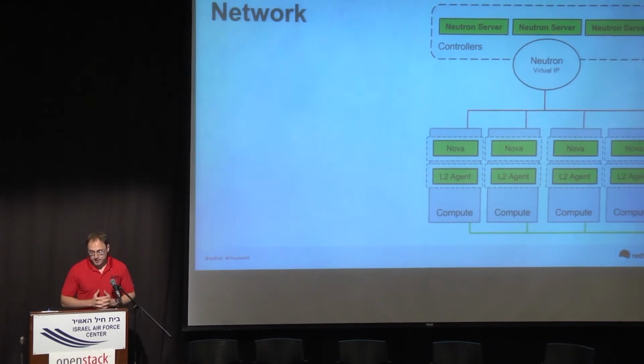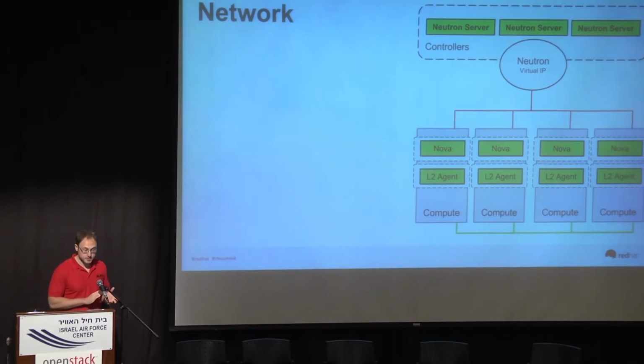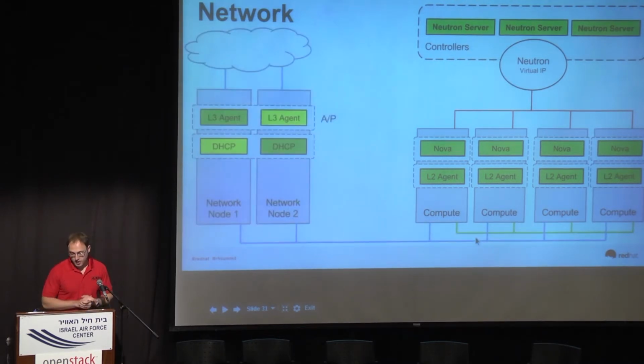Now, in addition to that, we also have pacemaker clusters around the services that run on the compute nodes, obviously around the Nova and L3 and Layer 2 agents. And all the networking flow goes from Neutron server to the compute nodes. Now, we also have a notion with Neutron called network node. Now, unfortunately, network node is a little bit more complex to run in a highly available manner. And the OpenStack open source upstream community is working to enable